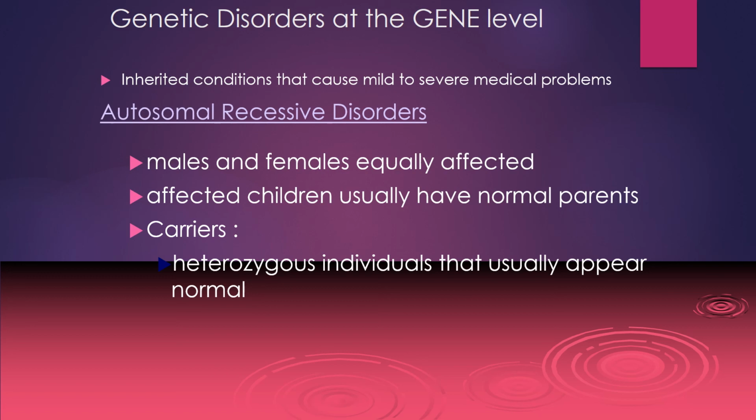So when we're talking about these autosomal recessive disorders, males and females are equally affected. And affected children usually have normal parents. Why do they have normal parents? Because the disease is only expressed when there's 2 recessive genes. And if the parent has only 1 recessive gene, then their dominant gene that is normal is going to mask that recessive gene. So the parents will appear normal. Heterozygous individuals usually appear